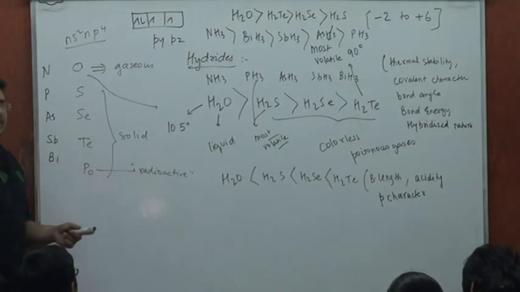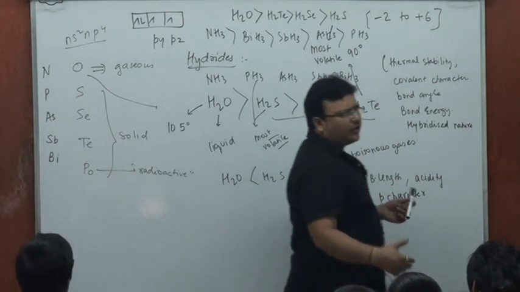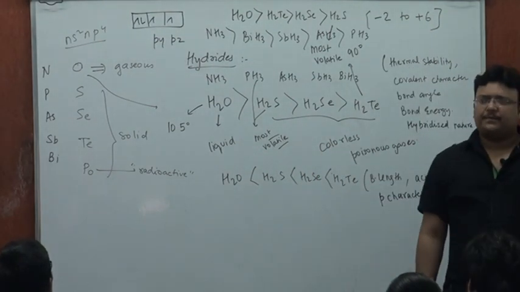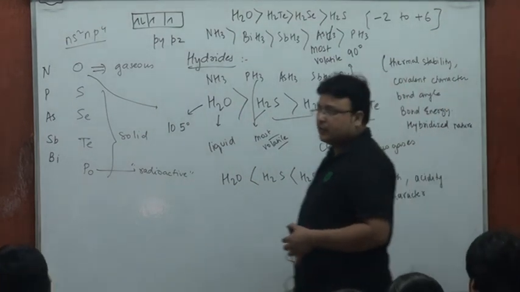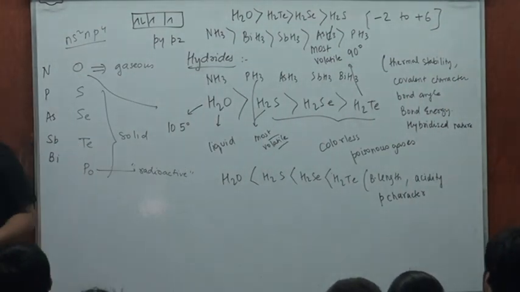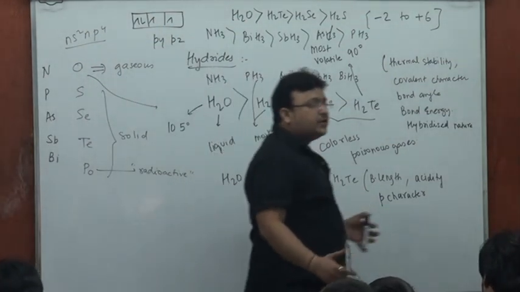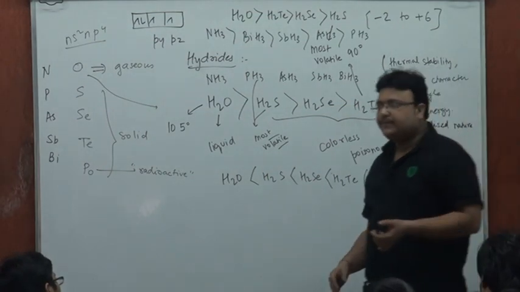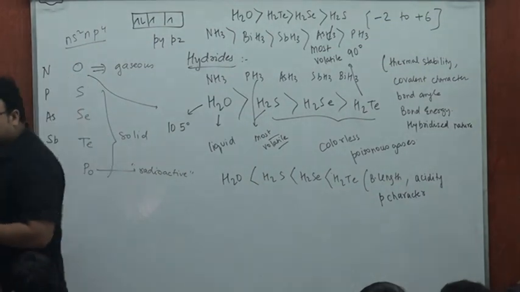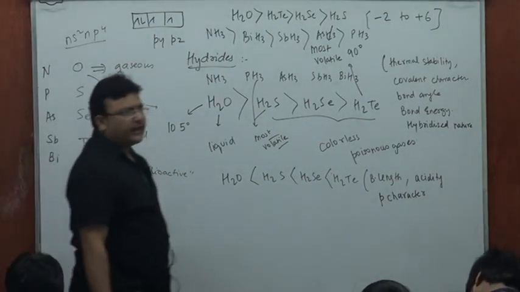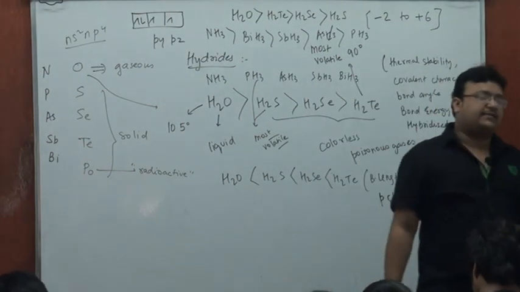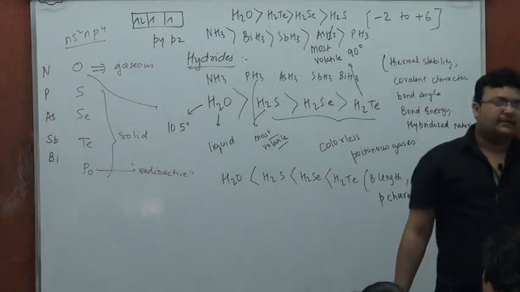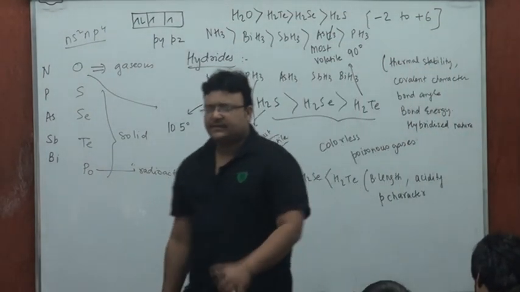These hydrides, where we have talked about bond angle, the stability, acidic nature and all, they all burn with a blue flame, producing dioxides. Please carry on. Group 6 hydrides burn in air with a blue flame, obviously other than water. Water will not burn. Other than water, the rest would burn with a blue flame, producing dioxides. Other than water, group 6 hydrides would burn with a blue flame, producing dioxides.